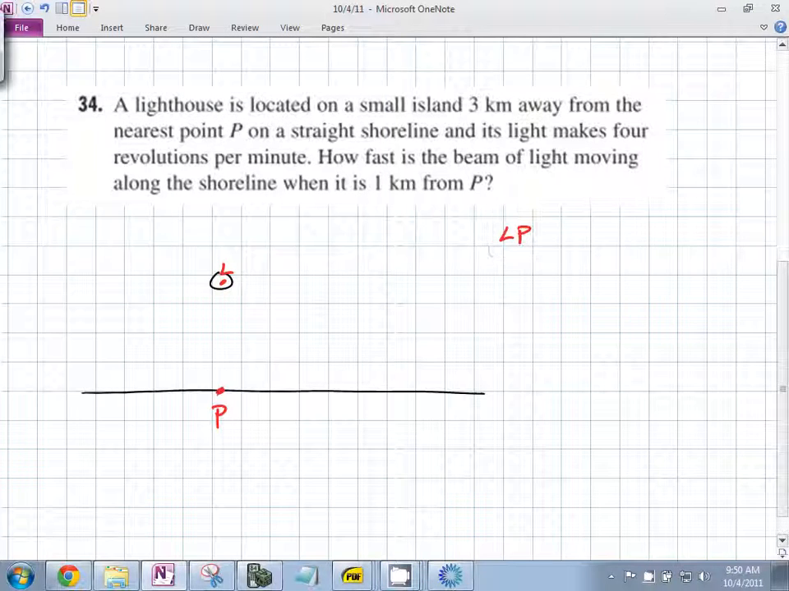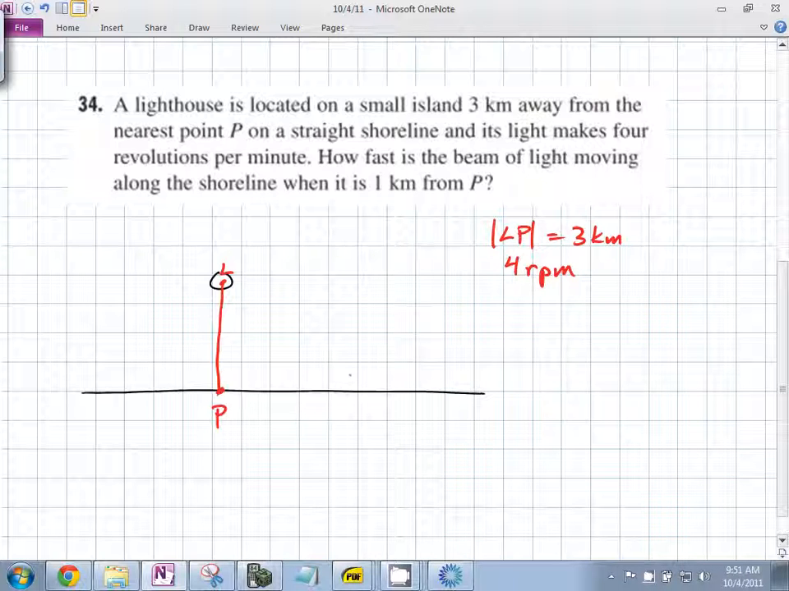L to P is 3 kilometers, and it makes 4 revolutions per minute. So, 4 revolutions per minute. How fast is the beam of light moving along the shoreline when it is 1 kilometer